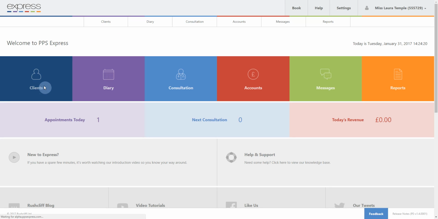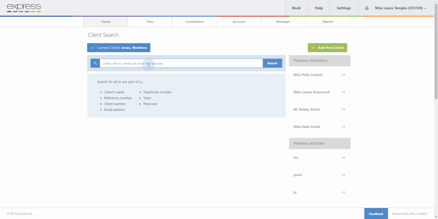This will then take me to the client's search screen, where I can then pop in all or part of the client's name, their reference number, email address, telephone number, town or postcode to locate the relevant client. Or on the right hand side I will have any previous clients which I have already selected today. So if I've been working with PPS Express and we invoiced them earlier today, I can select the relevant client from my previous selections on the right hand side, or I can simply pop my client's name in here, and when I click enter